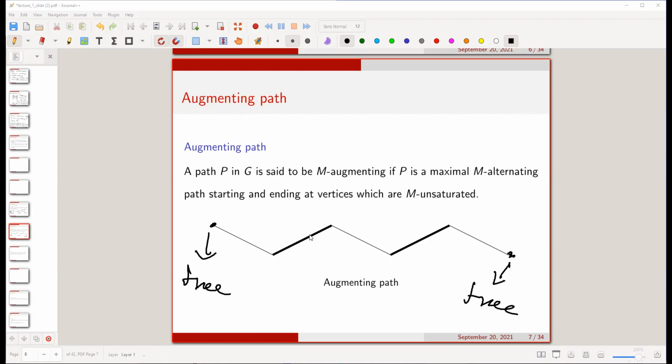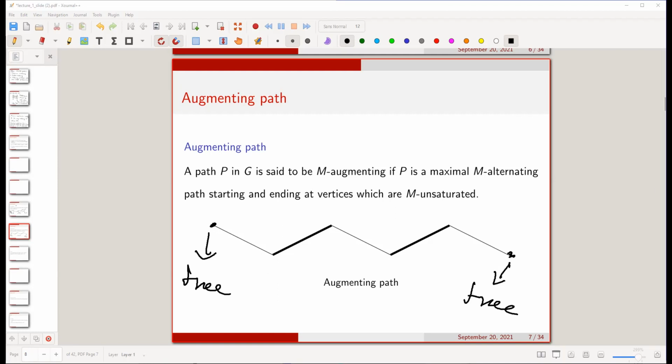From the definition of a matching, each vertex has at most one edge of the matching M incident to it. Since these two endpoints are free vertices, they don't have any edge from M incident to them. So when we